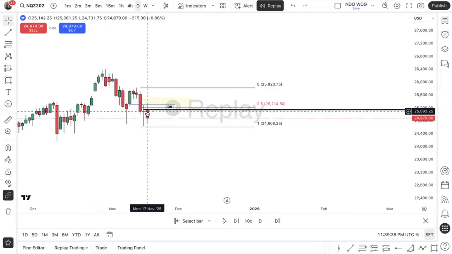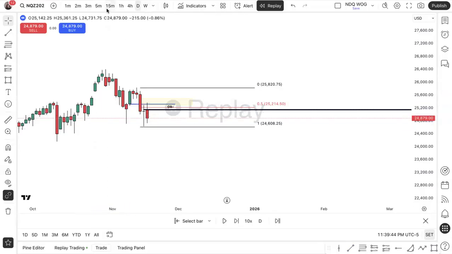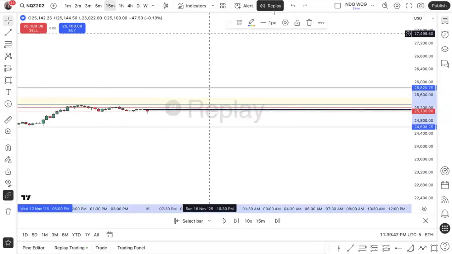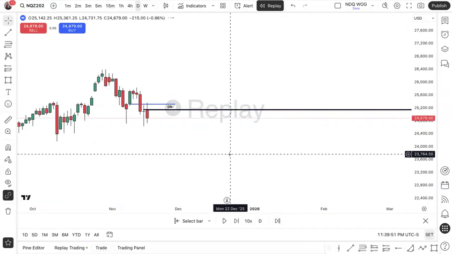Look at the reaction. So at some point in time, price traded up into this while we were in a discount, price traded back up, started selling down. Going over today's trading though,